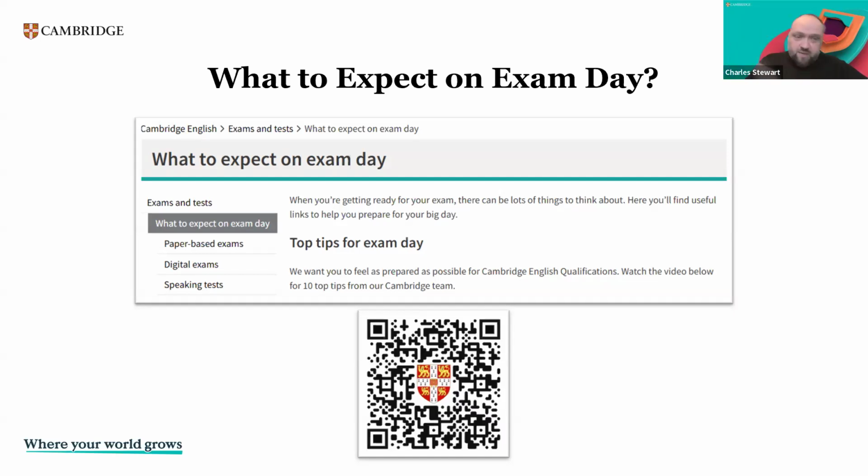Someone is writing in the chat many times the same question. What is the average age of the examiners? There's not an average age. They are trained professionals by Cambridge that are adults, and they are fluent in English. Even though they may not be a native speaker, they still have to go through certain quality control tests. So just trust that the examiners that are examining you in the speaking paper of the exam have been trained and are qualified to assess English exams.